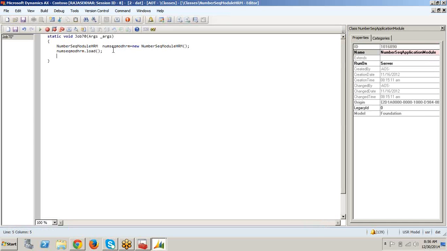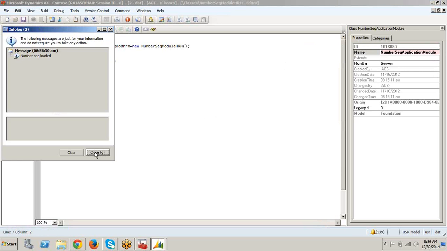Now number sequence loaded. Now what I will do is I will execute this job. Number sequence loaded.